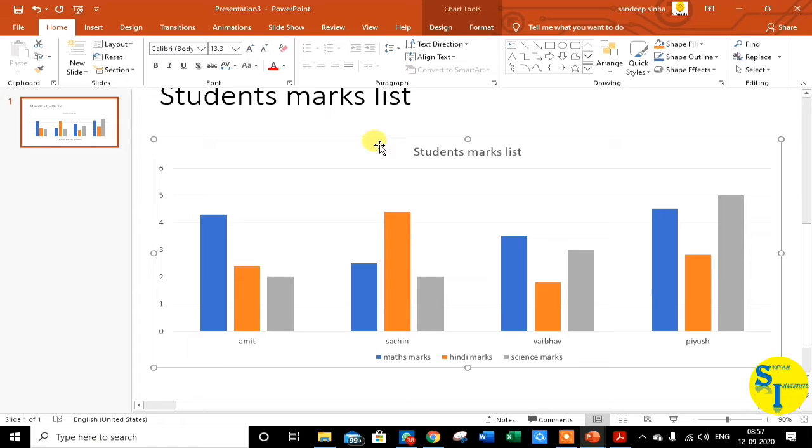Student, first of all, what is a chart? A chart is basically a pictorial representation of data, or we can say a graphical or pictorial representation of data, and it makes it easier to show comparison, growth and relationship among the values and trends in data.